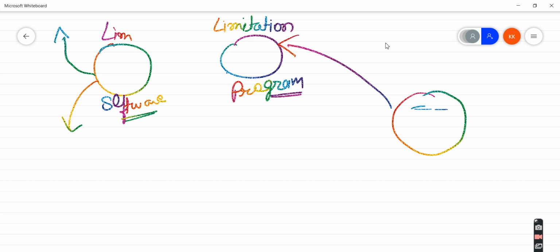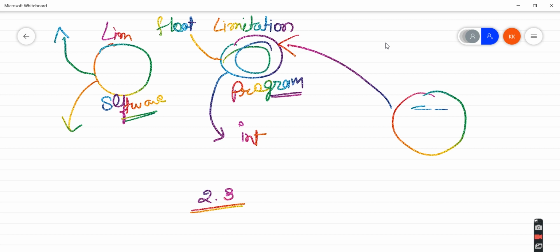In the same way, we are writing the program for integer values only. It is not going to fulfill our float type values. Let's say the user has entered 2.3, right? The user can enter it because we haven't restricted it, we haven't shown any error, right?